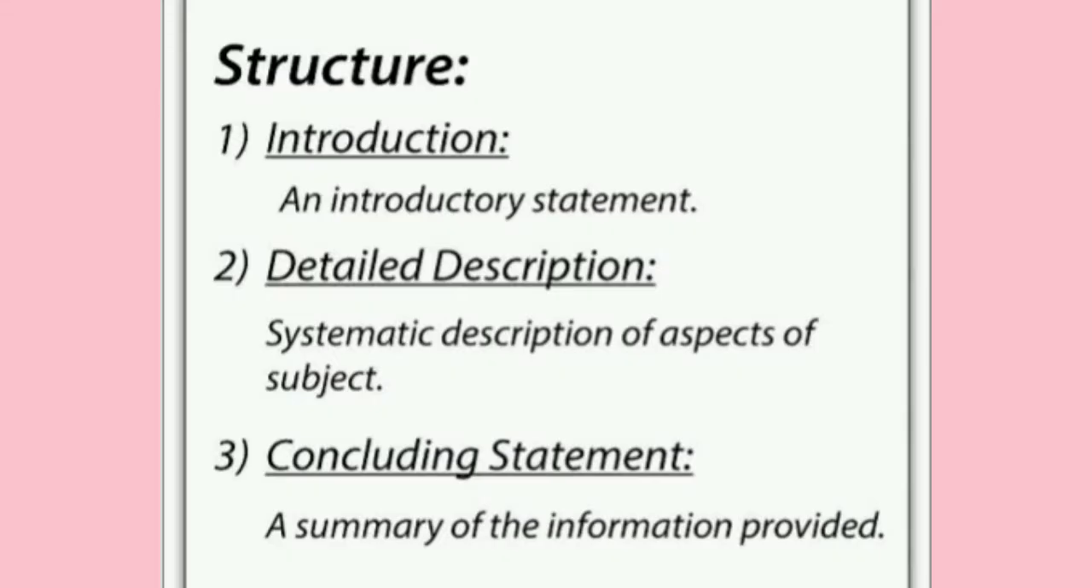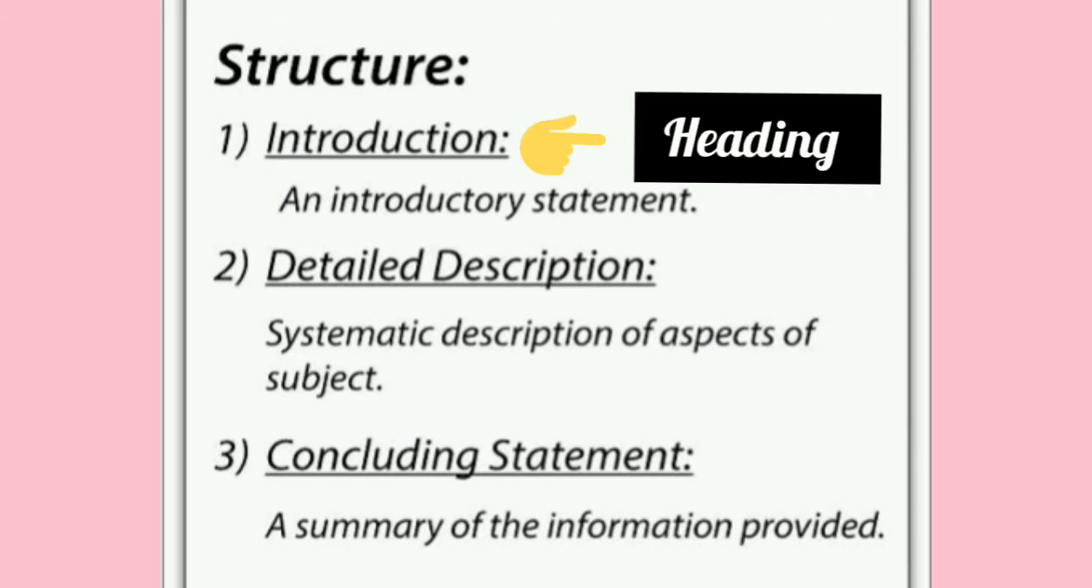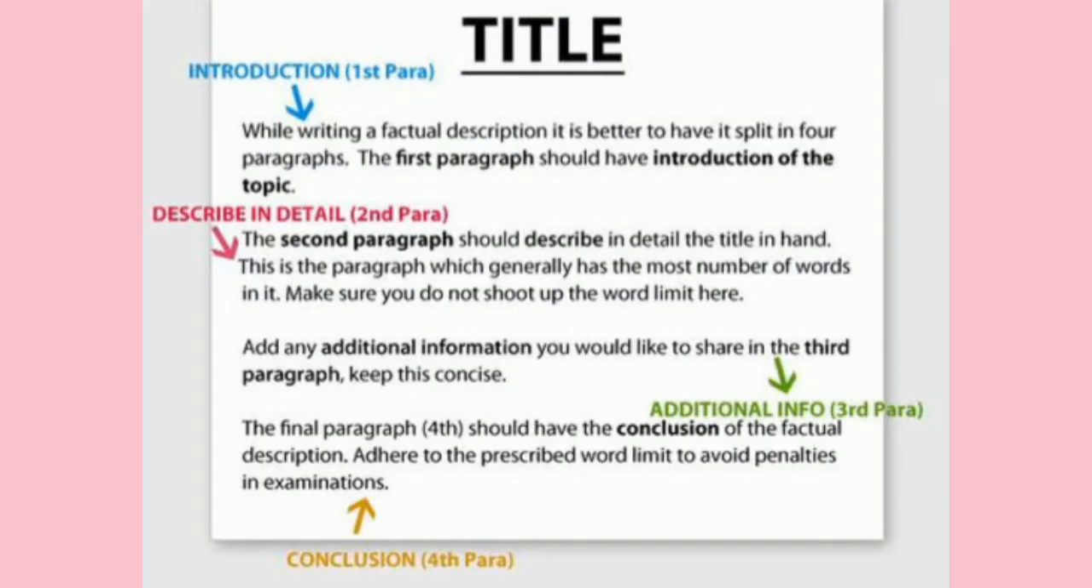The factual description's structure is as follows. The first thing is the heading. Heading is an essential part of it and should be short and crisp. The heading or the title is at the center and it is followed by the regular paragraphs. The first paragraph is the main paragraph, or it is the detailed description of the fact that we are describing. Then comes the supporting details in the second paragraph, and the third paragraph is the conclusion, a summary of the